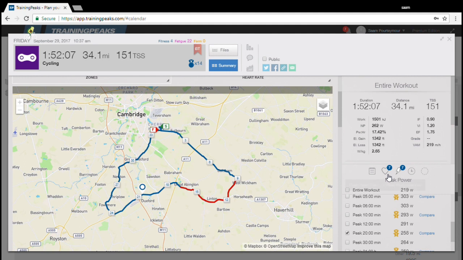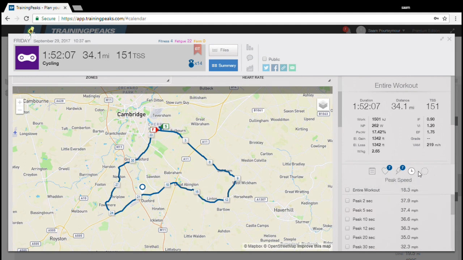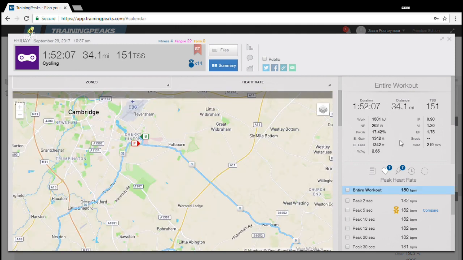Now you can do this with heart rate, laps, and peak speed as well. So you just click on which one you want to see, and it will show you where it is. The page is just over here. So duration and distance are here, and normalized power for the whole ride. For example, if you go to power here,